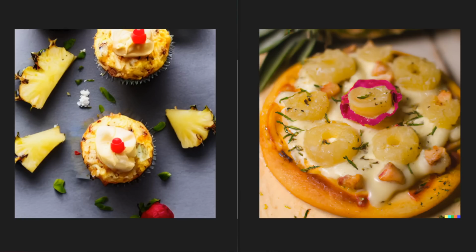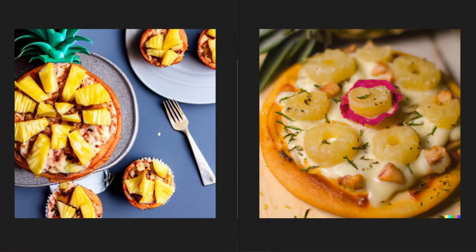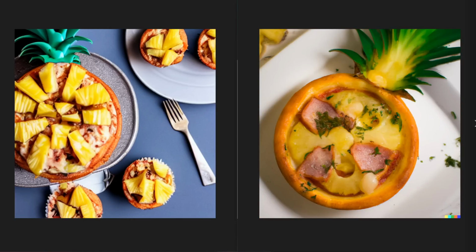It's definitely food photography, where we definitely got these pineapple pizza cupcakes here on Stable Diffusion's side. If we move into the other images, Stable Diffusion actually made the same mistake that Dall-E 2 made in the first image here, as you can see, and just made pineapple pizza food photography, although we got the pineapple pizza cupcakes still here in the image. This one, I guess, would technically be considered kind of incorrect, right, not following the prompt perfectly.